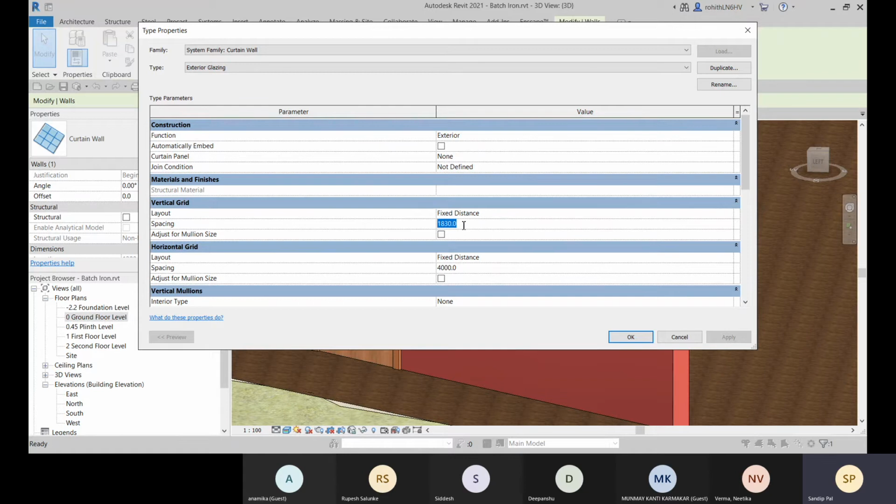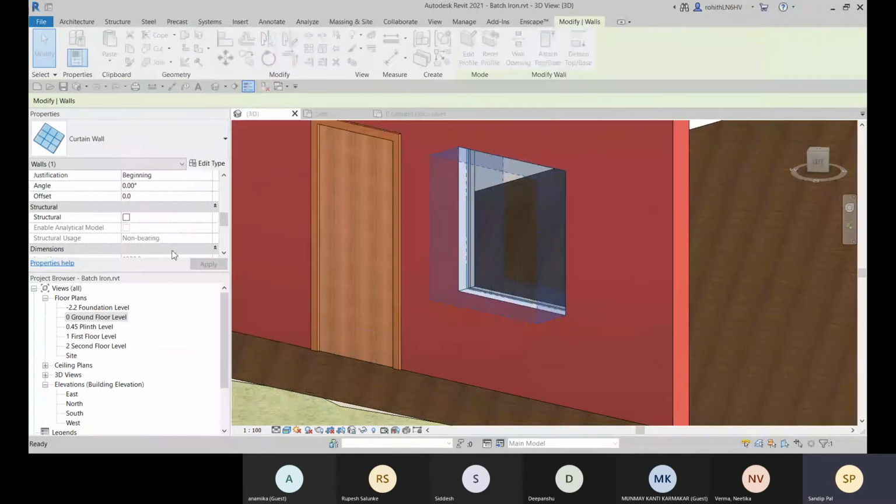So let me go with the fixed distance, or else you can go with a fixed number. So that you can define over there, and go to the horizontal grid. You can go with a fixed number. So that will be defined by the spacing, and click here.